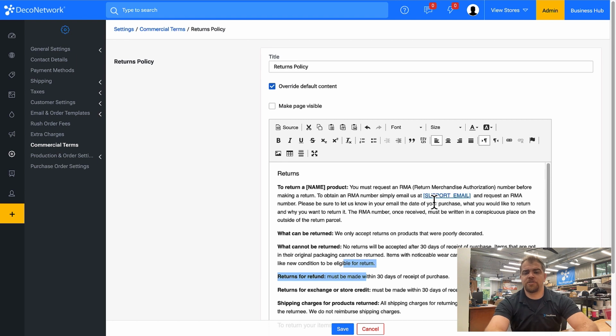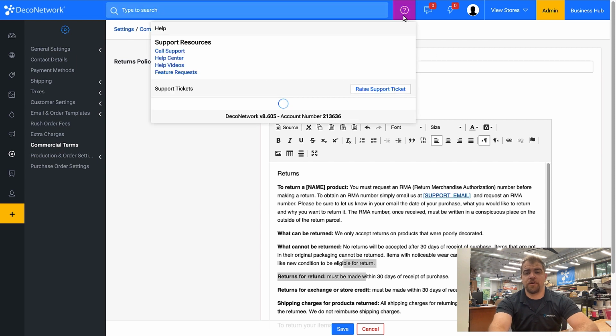If you have any questions on how to edit any commercial terms, or in this case the returns policy, it's as easy as coming up here and typing in commercial terms or returns policy. You're going to find a very helpful article that'll walk you through how to do this. But you can always click on the question mark, raise a support ticket, which will put you in contact with client services who will help you with anything you need within your